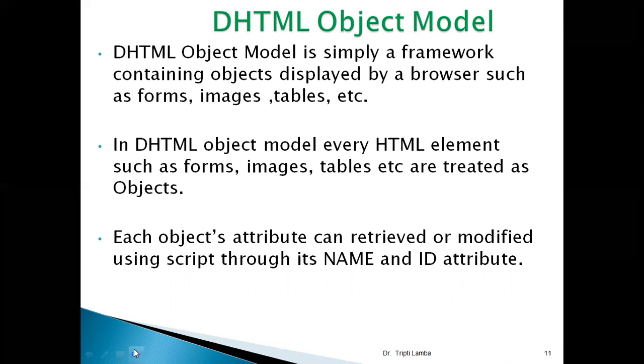For example, you are creating an examination form. You write form and then name equal to, say, exam. Then you have created an inquiry form, so you write form name equal to inquiry. I know which form I have to retrieve because the two forms have two different unique names: one is exam and the other is inquiry. This is how you can retrieve or do any processing operation with that particular form.